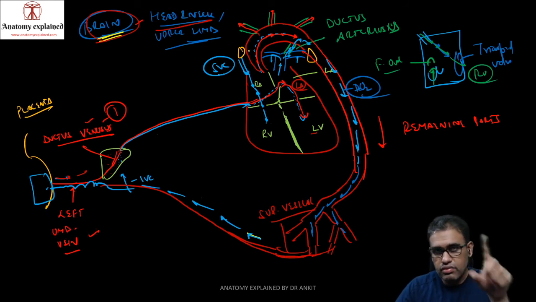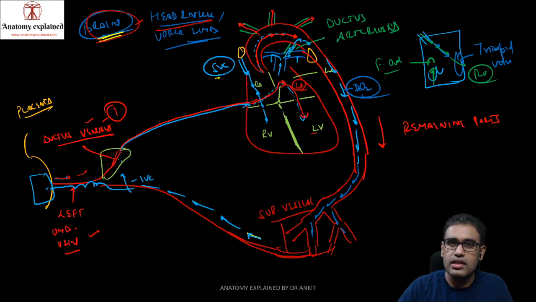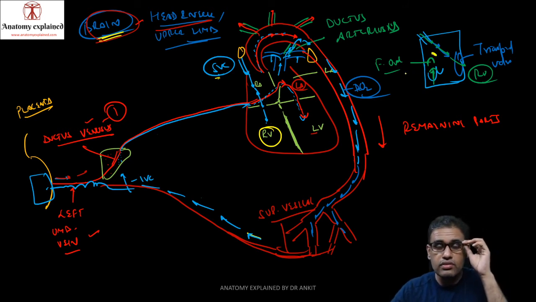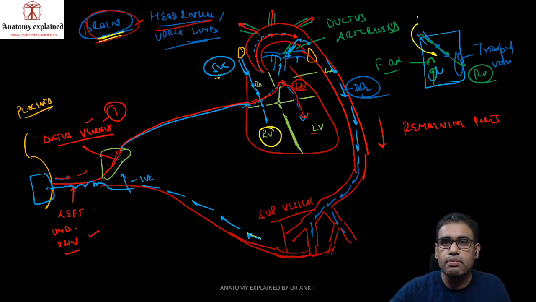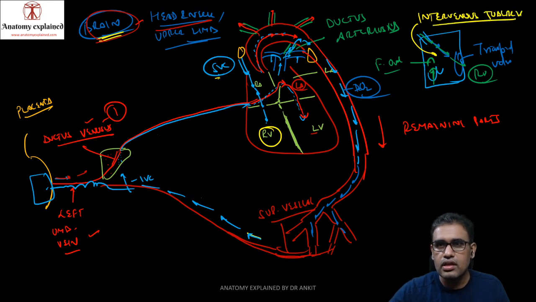From there, when the blood returns, it will be deoxygenated, going again to RA, but more on the anterior aspect, and then it enters into the RV. If you remember, we also used a term known as intravenous tubercle when we did a video on the right atrium. There is a structure known as intravenous tubercle between the two venous channels, that is from SVC to tricuspid and IVC to the foramen ovale.